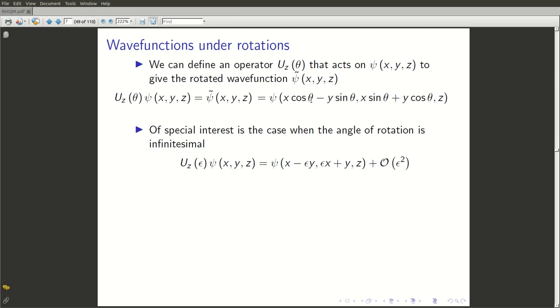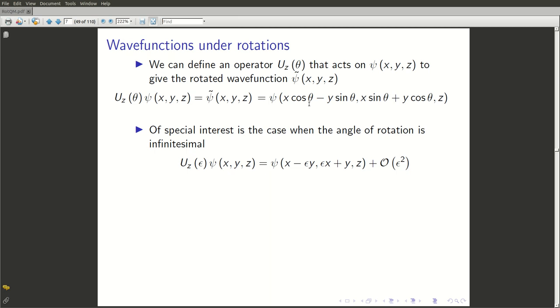Notice that when epsilon is tiny, then cos epsilon is actually 1 to order epsilon. The deviation between cos epsilon and 1 only occurs at the quadratic level, at epsilon squared level. So if we are only keeping corrections to order epsilon, cos epsilon just becomes 1, sin epsilon of course becomes epsilon,